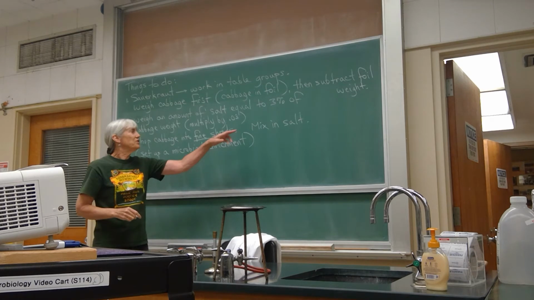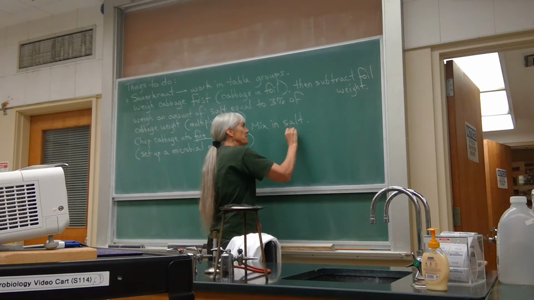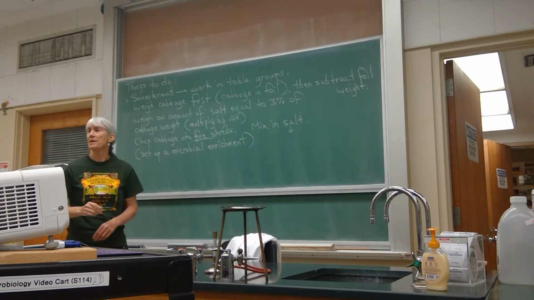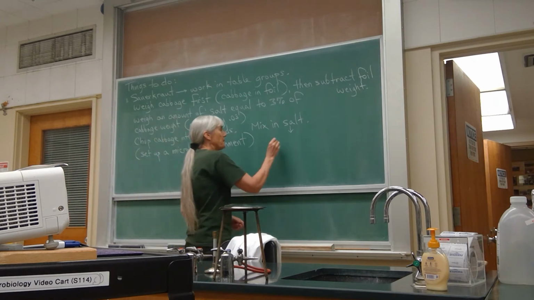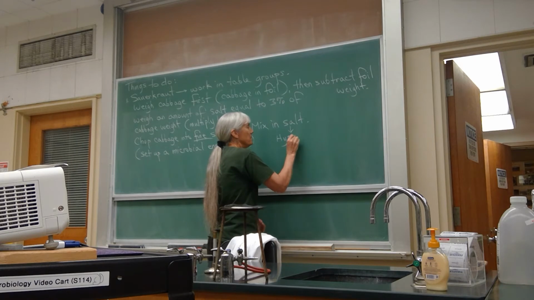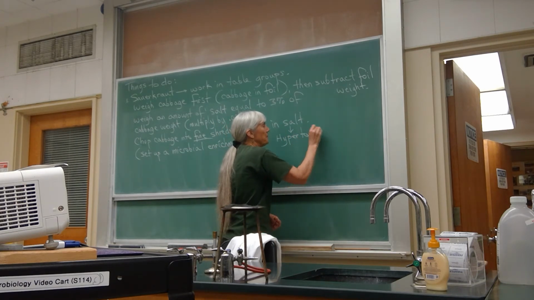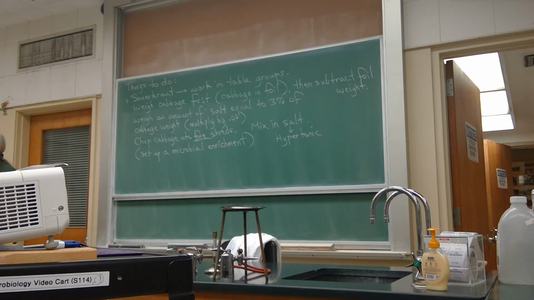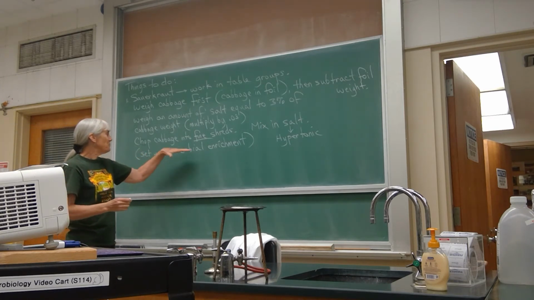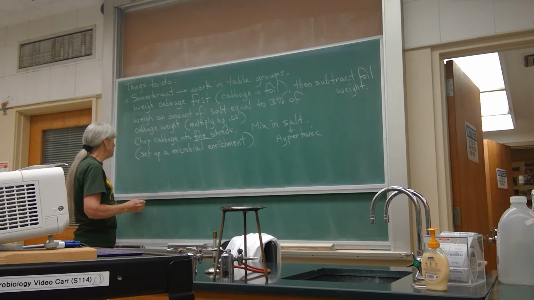Part of the enrichment has to do with the salt. If you put salt in there, what kind of an environment are you setting up? Salty, but there's another term for it. It has to do with tonicity. Hypertonic. And what's that going to do to the cells? It's going to make water come out of the cells. Then what's going to happen? So after you've mixed this up, when I say set up a microbial enrichment, put the cabbage